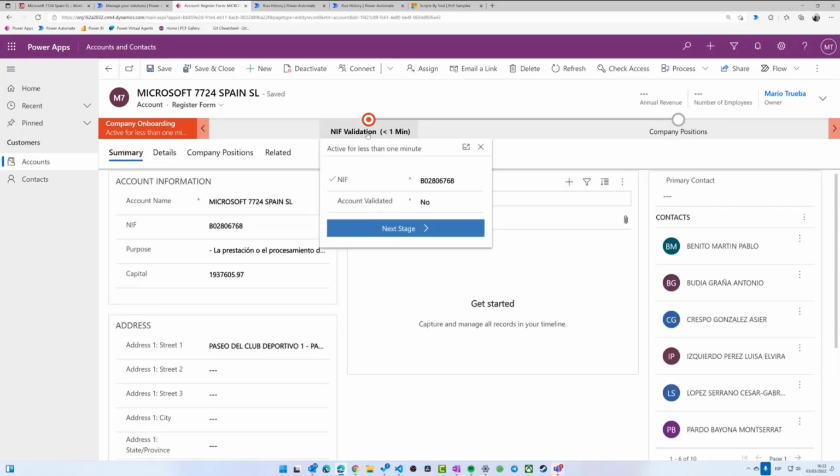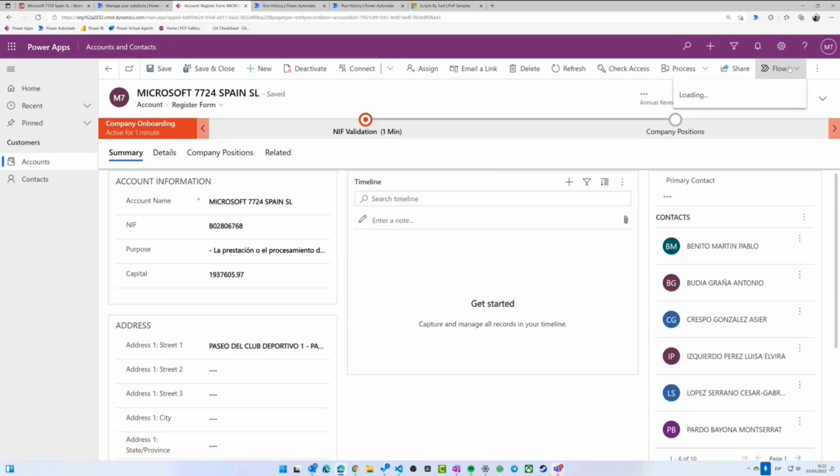Now, another thing that we might want to do with a new account is this: in this case we have retrieved the NIF directly from LibreBor, but we might have that information already. And actually, as part of this onboarding process, we might need to validate that. So we also have an option in our connector that allows you to validate that the DNI, or the national ID, is correct.